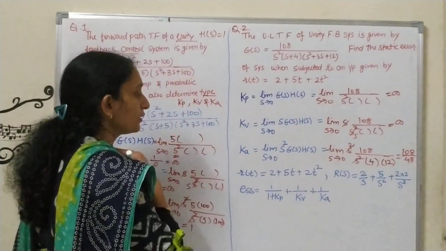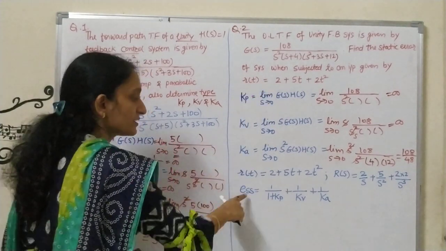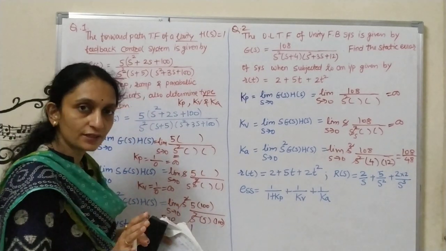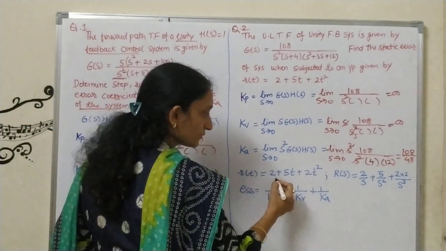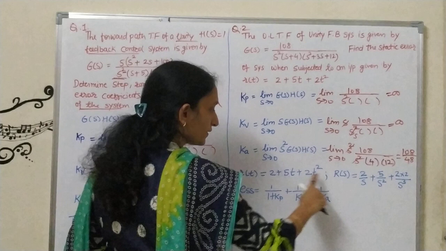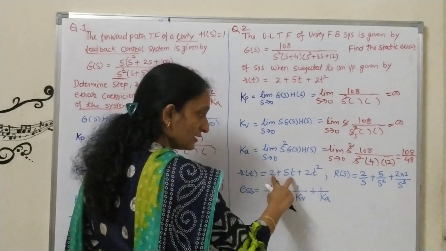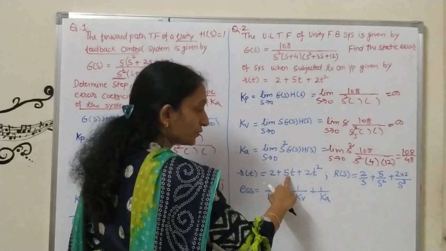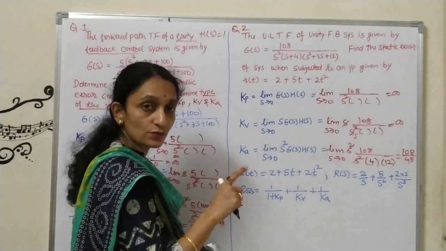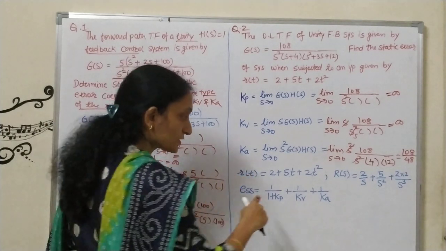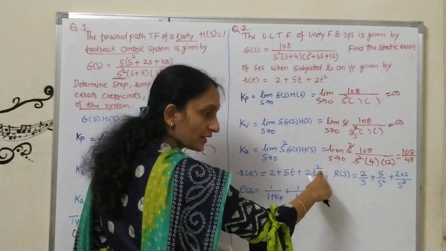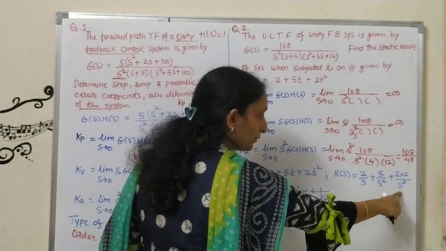108 by 48. Now next, here the question is asked, you need to calculate steady state error. Okay. See here I have written it in the standard form, but this is not actually the standard form. Okay. So what I did here, r of t is equal to 2 plus 5t plus 2t square. Okay. So I have taken the Laplace transform to get r of s. So look at this, this will be 2 by s. This will be 5 by s square, because we know that the formula of Laplace transform is n factorial upon s raised to power n plus 1. Please remember, n factorial upon s raised to power n plus 1. So this will be 5 by s square and this will be 2 into 2, because n factorial is actually 2 here. So 2 into 2 upon s cube.